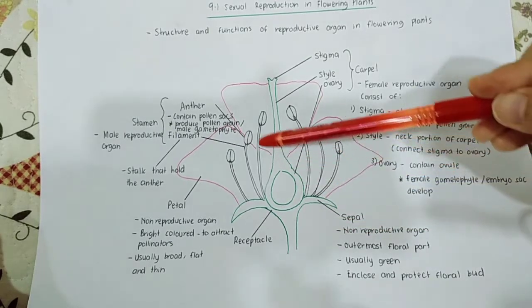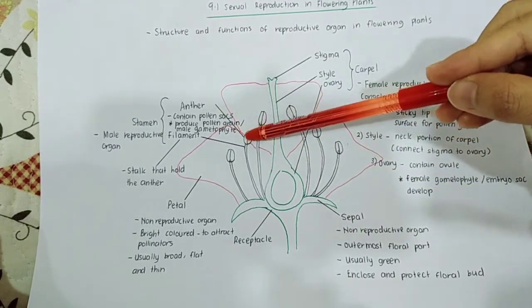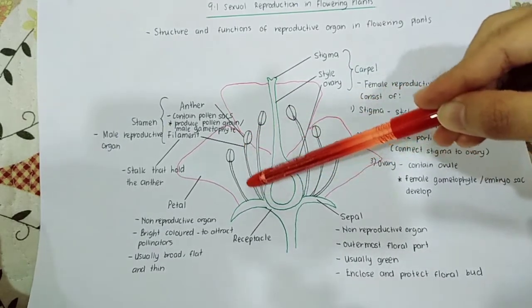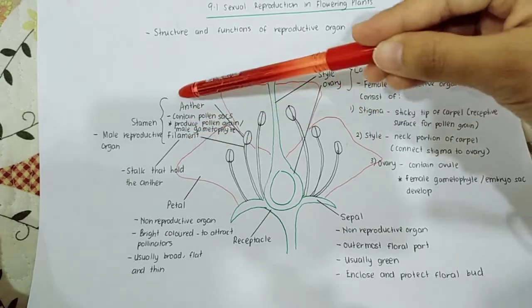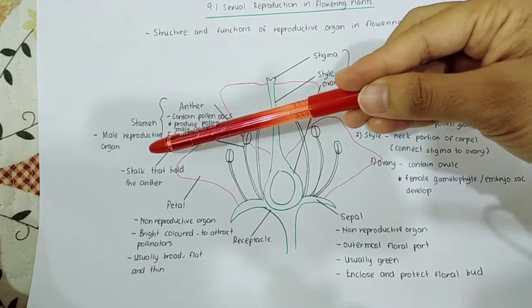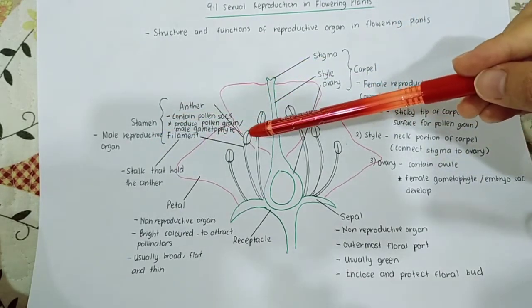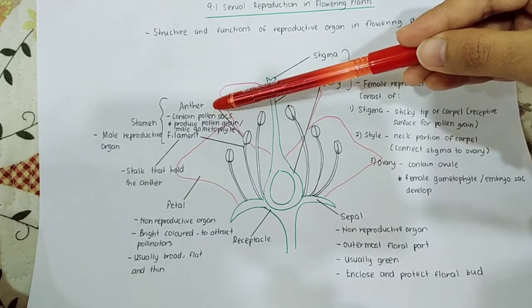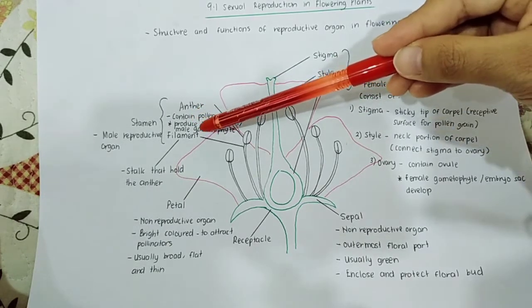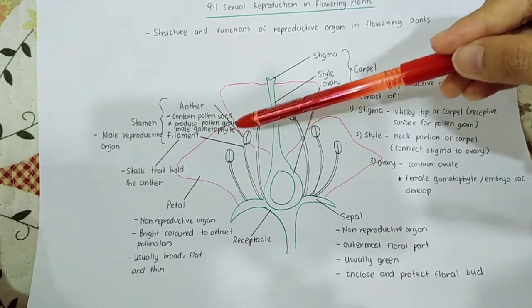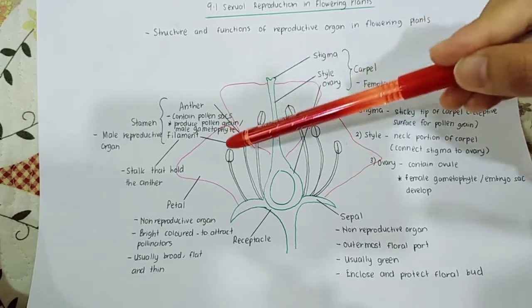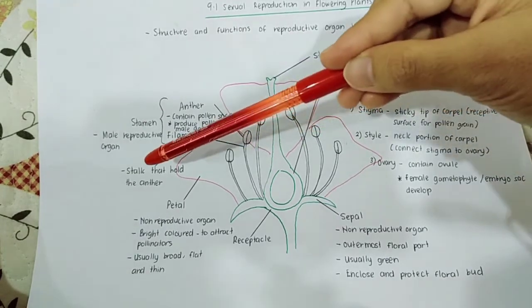Okay, and then next we look at this one. Okay, so this is anther. Okay, and then this one is filament. So anther and filament, both of these we call as stamen. So stamen is the male reproductive organ. Okay, so what is anther? Anther will contain the pollen sac, that produces pollen grain, the male gametophyte. So remember, the male gametophyte for flowering plants we call as pollen grain. Okay, why filament? It is the stalk that